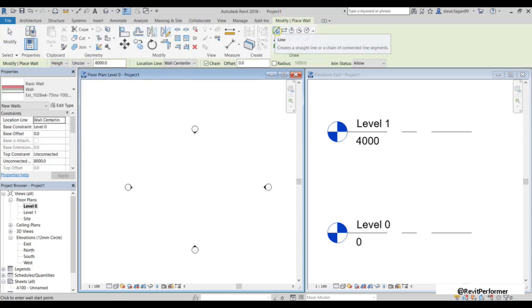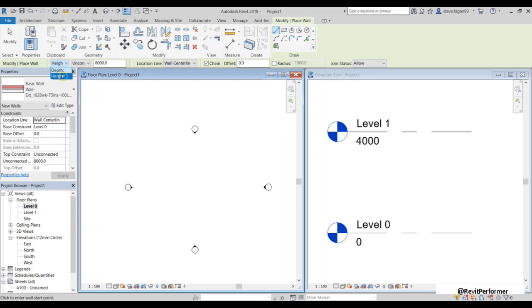I'm going to be using my draw by line from the draw panel. And now getting on to the options bar. So the first option here, it says height. It may say depth on yours, but if I hit the drop down arrow, we can go between the two.